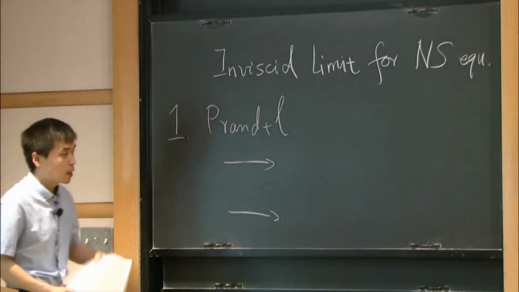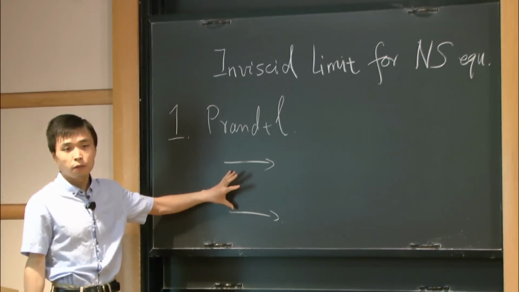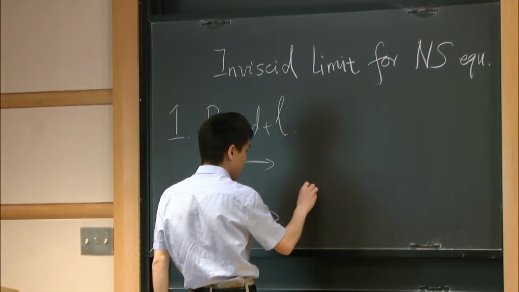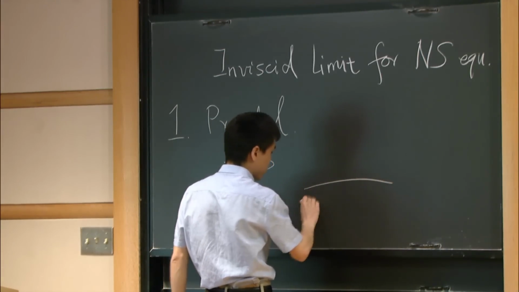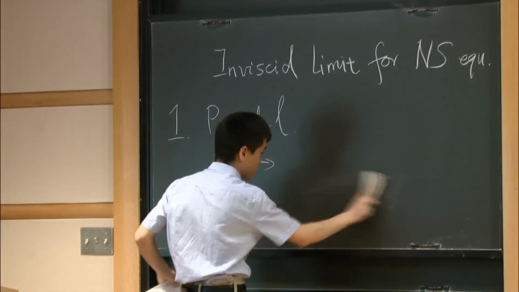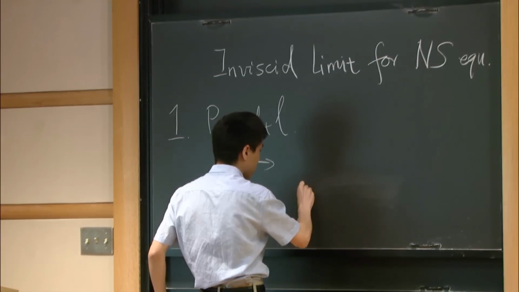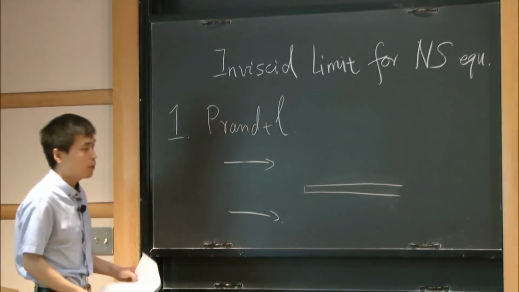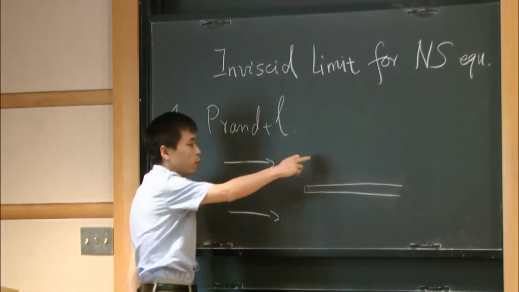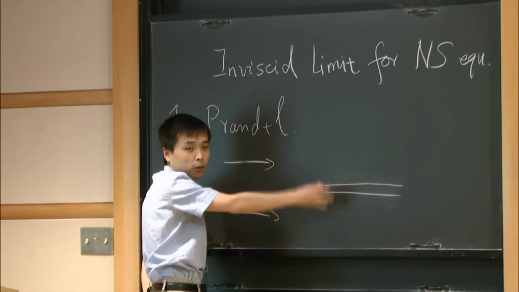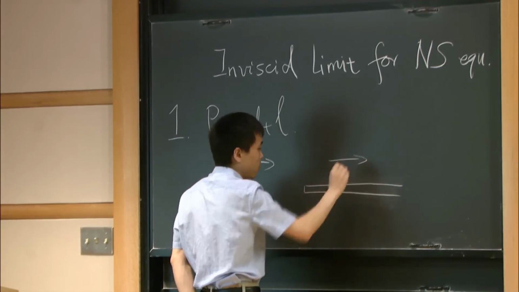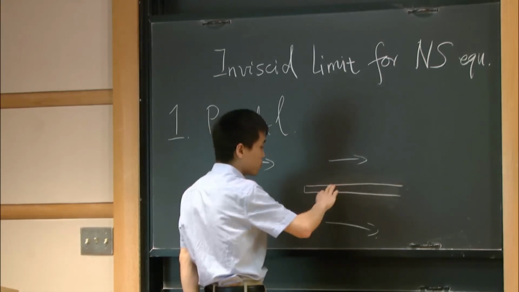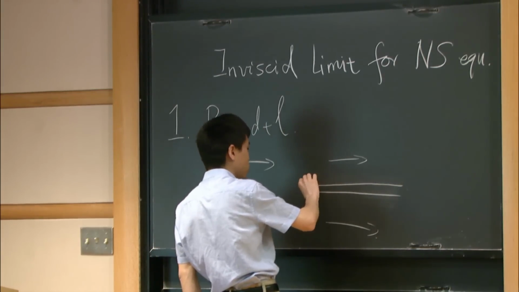For simplicity, let's assume the speed of the fluid is just a constant, and you have some plate here. For the place far away from this plate, the fluid just passes by at a constant speed. But near this plate, there's a boundary layer here,